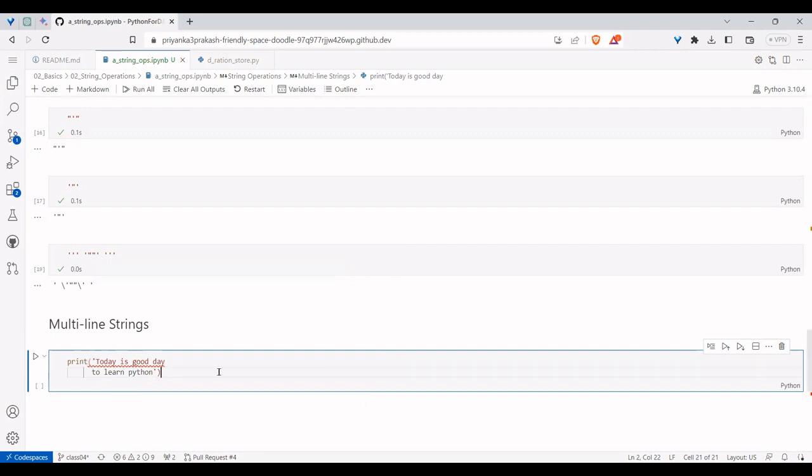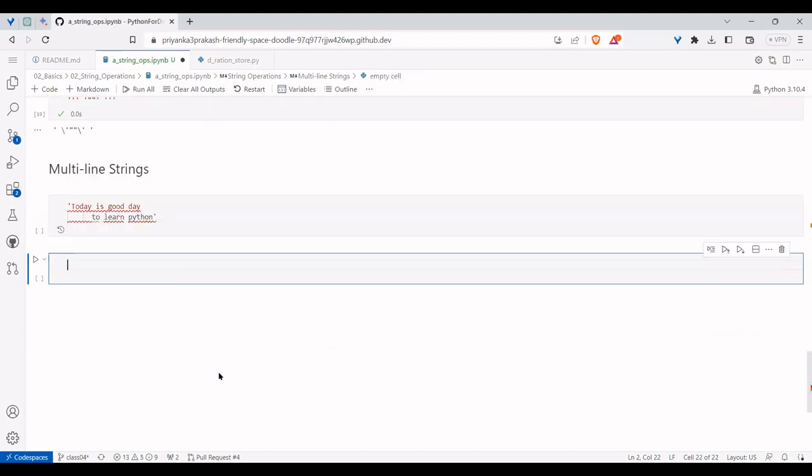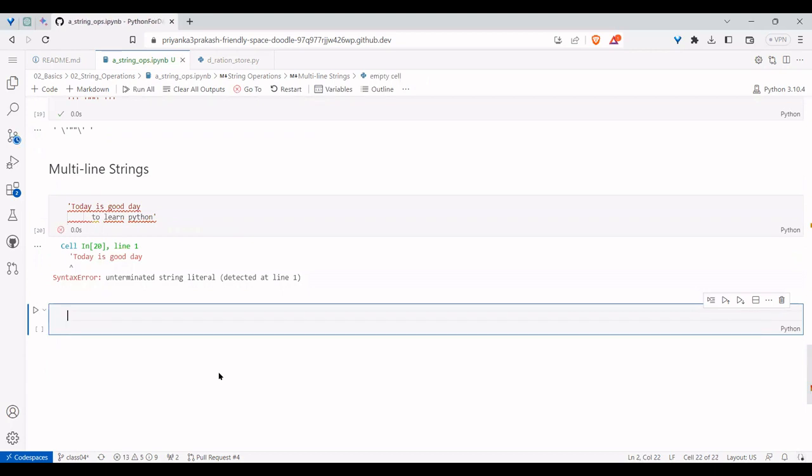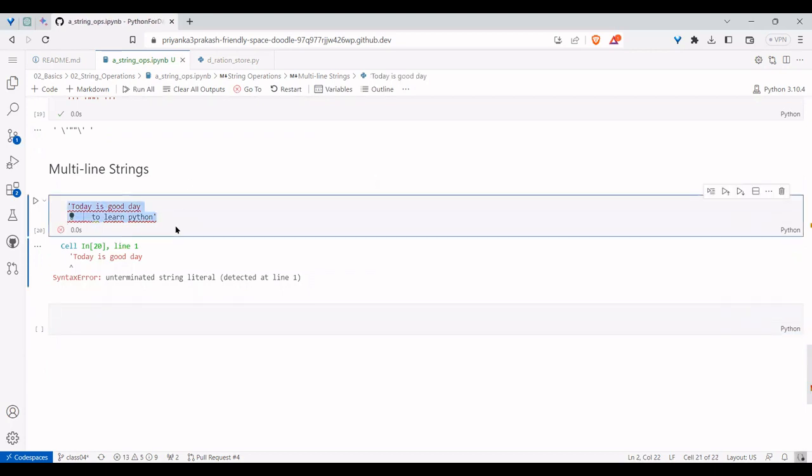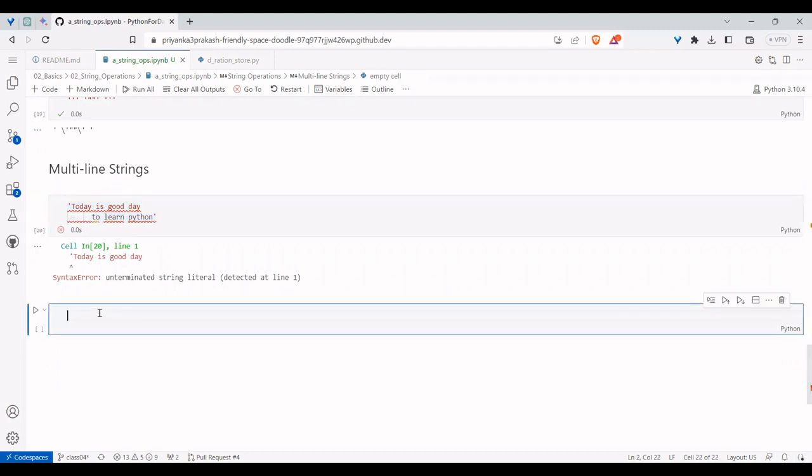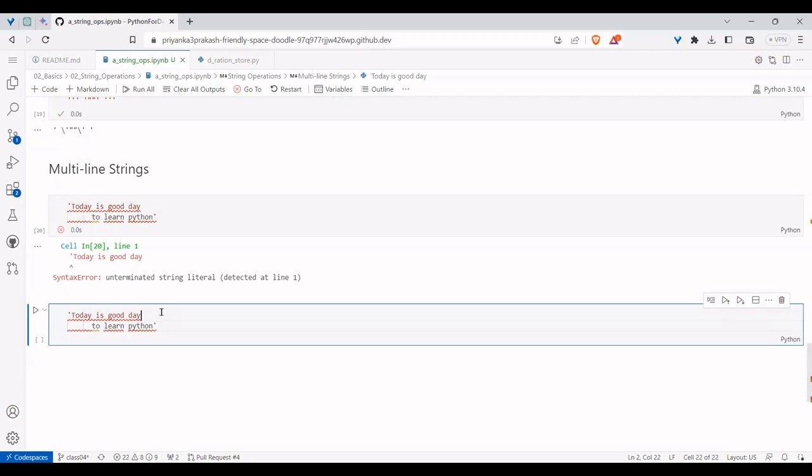I wrote a string, and for that I wrote a print for better printing. If you don't want print, you can ignore it. So what's the point here? It threw an error. The reason being, Python is an interpreter-based language. It will process each line individually. When processing each line, at the end of the line it didn't have closing quotes. Then it didn't understand what happened.